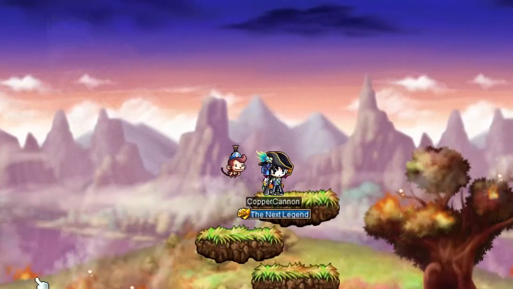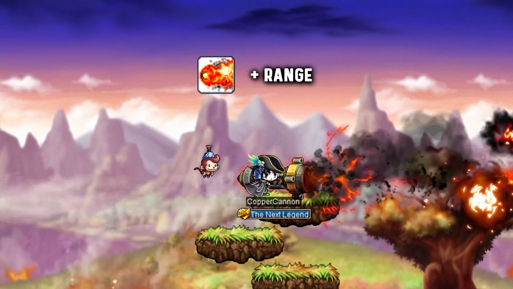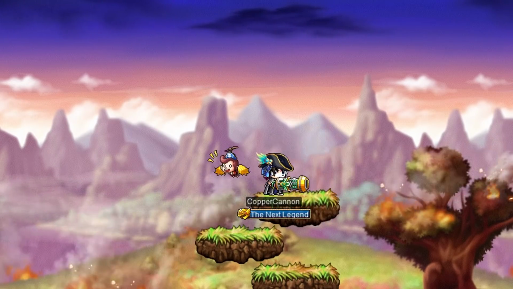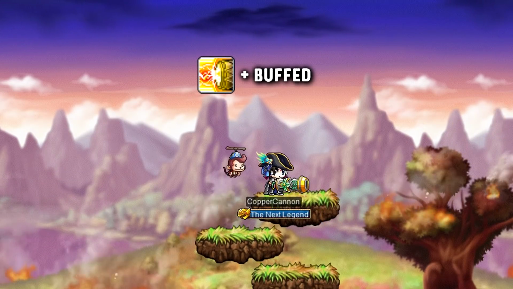The Explorer Pirate Cannoneer has gotten some very nice buffs as well. Both Cannon Spike and Cannon Bazooka have had their range increased by 32% and 22% respectively, even though those skills already had a ton of range, but now they have more. And the Monkey Wave buff has had its duration increased from 30 to 60 seconds, which is a nice and